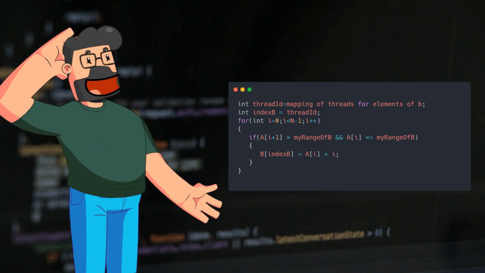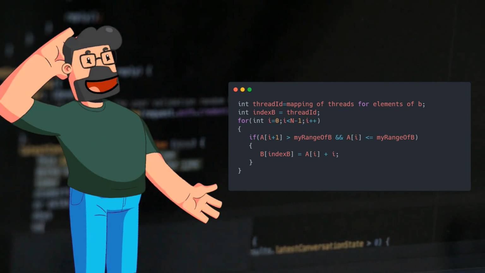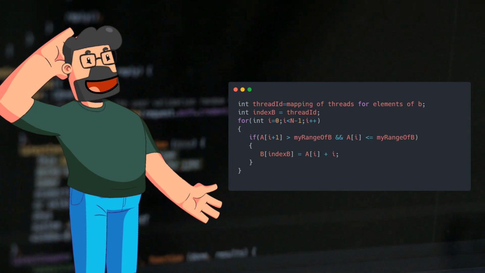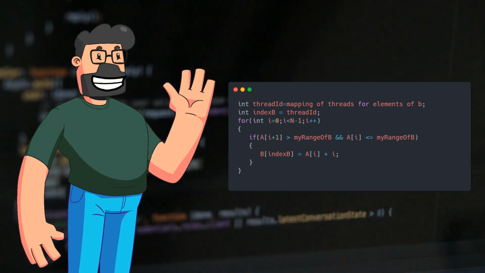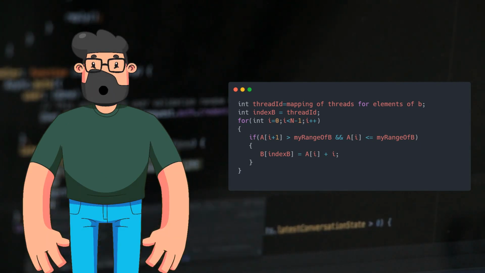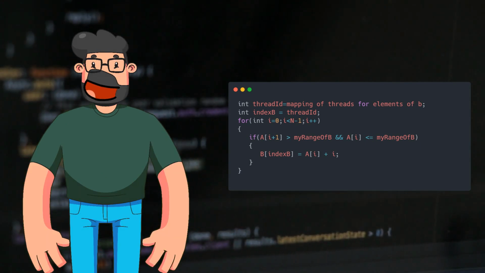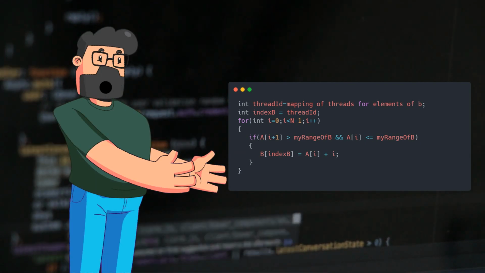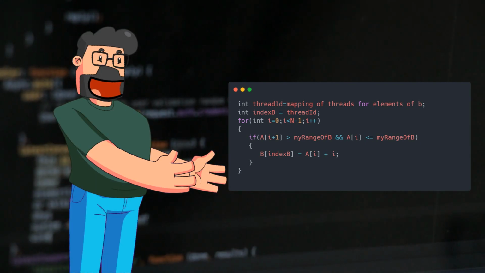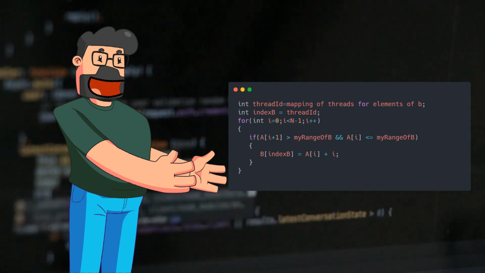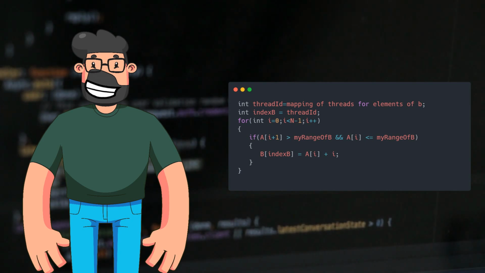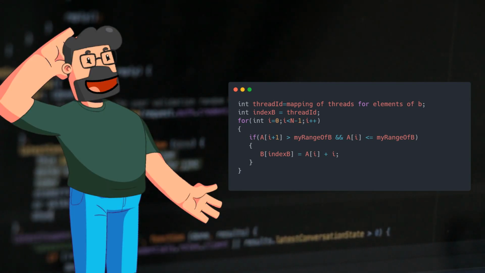The key idea is to have each thread compute one element of array B by scanning all elements of array A. Each thread is assigned a specific index in B, and then iterates through A to determine if the current element falls within the required range. If it does, the thread updates the corresponding element in B using a specific formula. This approach ensures that each thread handles a portion of the computation, making use of the caching of A and